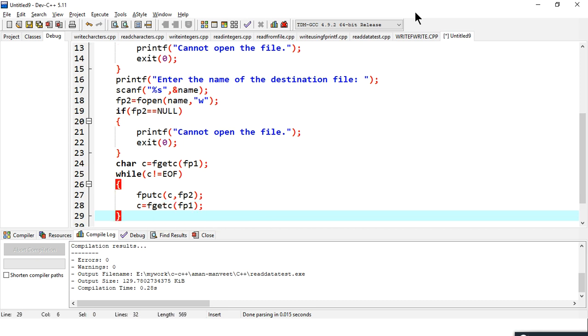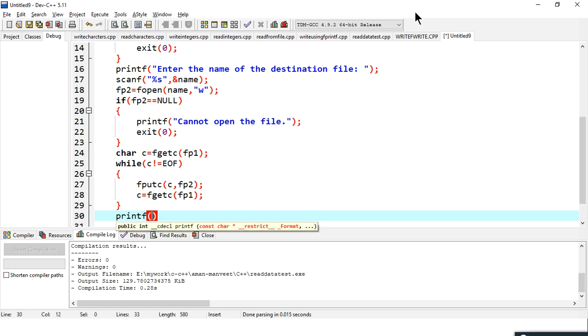Okay, once we do this, I think it should work. So print the message: contents of the file are copied,